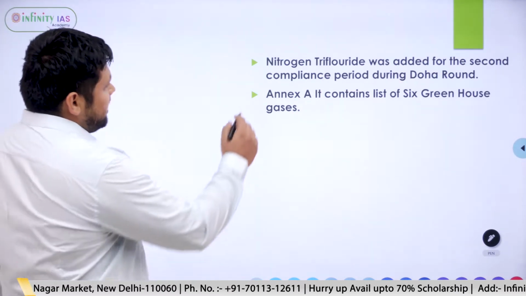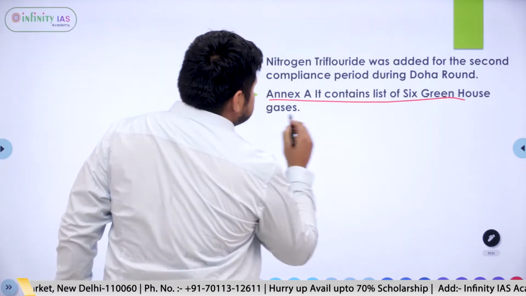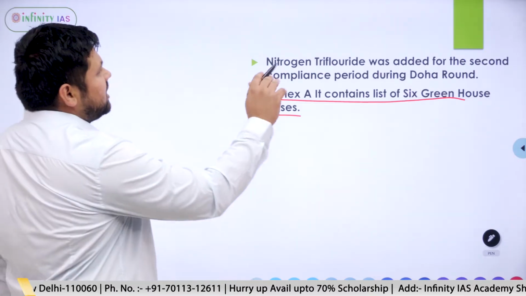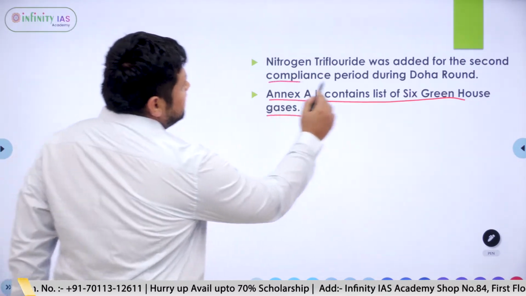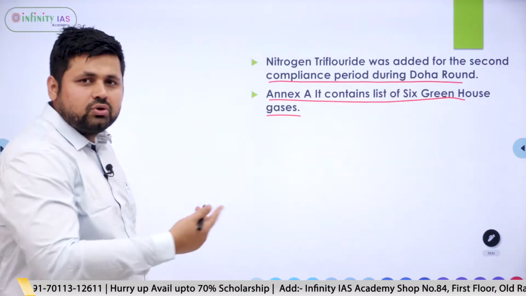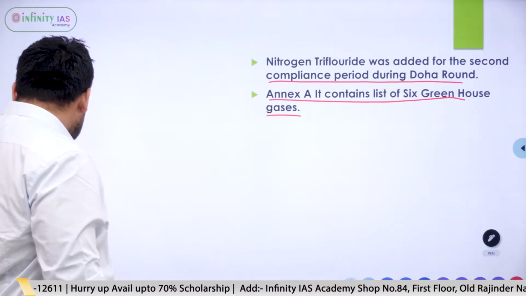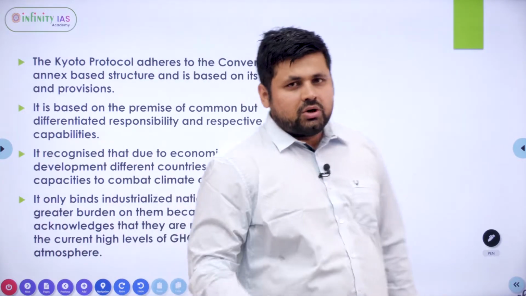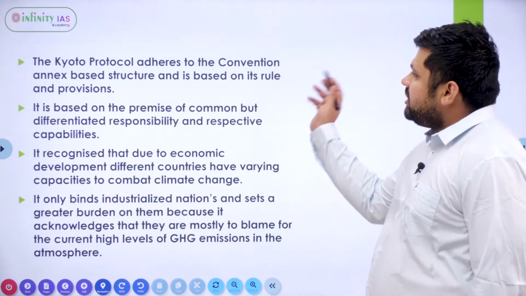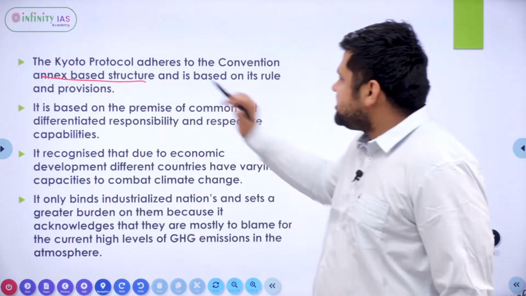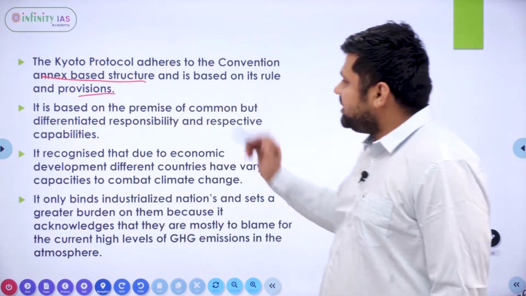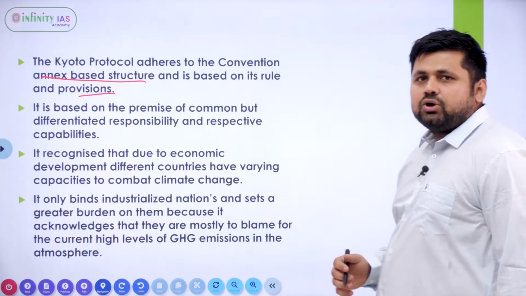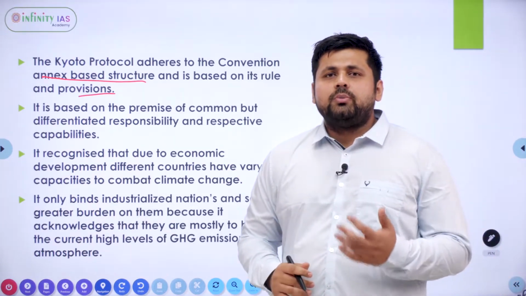Now, Annex A, I told you that it contains the list of the 6 greenhouse gases, and nitrogen trifluoride was added in the second compliance period during the Doha round or the Doha Amendment. Now, moving ahead further. Now, as I told you that it is an annex-based structure, and it is based on the rules and provisions of the annex, and the Kyoto Protocol is based on the common but